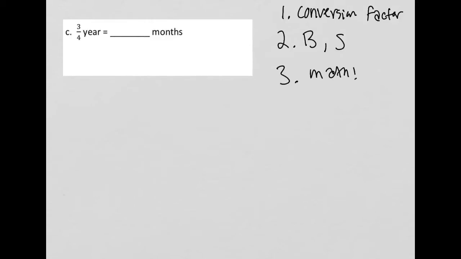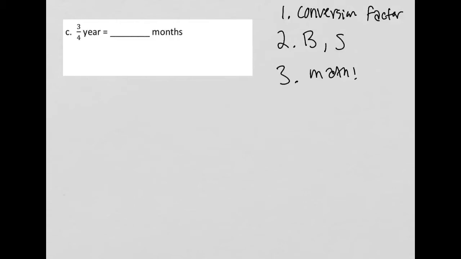We've gone over the steps of how to convert for measurements. So we know that our first step is to always identify the conversion factor. That's always step number 1. We know that step number 2 is to identify which one is the big and which one is the little. Like, are you going from a big unit to a small unit or a small unit to a big unit? And then step number 3, we're going to do the math. Right? Because once we know what our bigs and our smalls are, we're going to be able to tell if it's